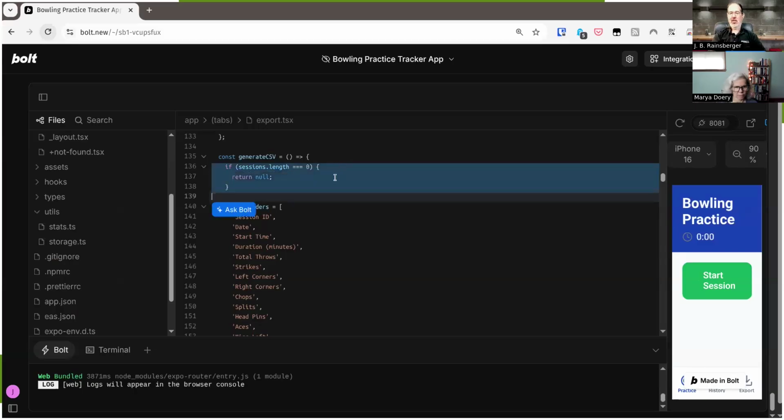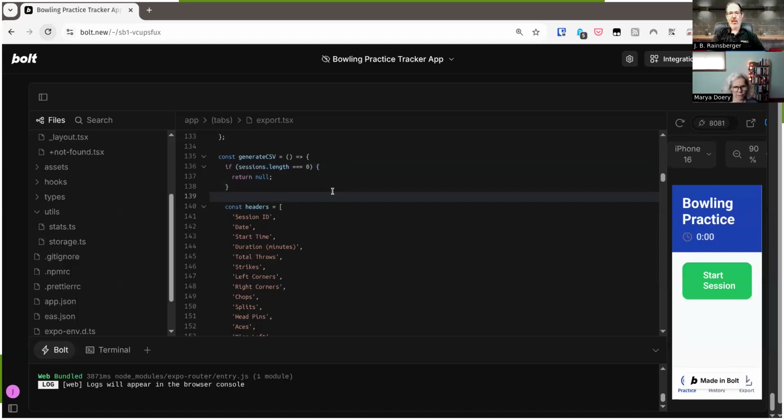See, that's just dumb, right? If there are no sessions, then shouldn't we get an empty CSV file? Wouldn't that be less jarring? My immediate reaction actually is, this is dumb. But can we actually diff this with the current version? There is an export.tsx, right? That's just this screen, isn't it?